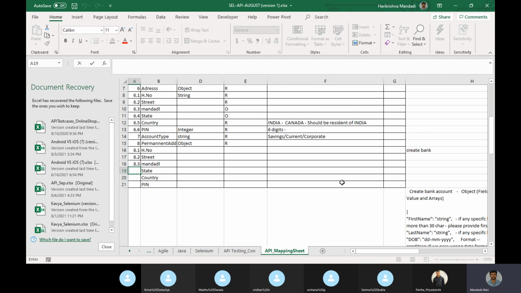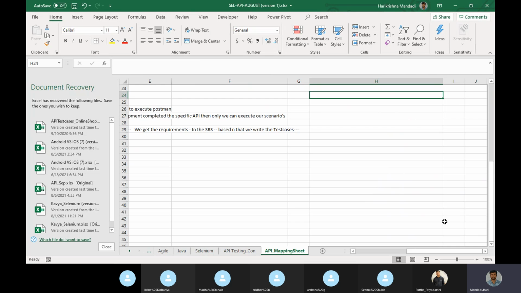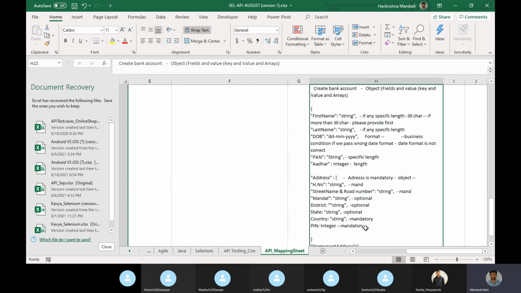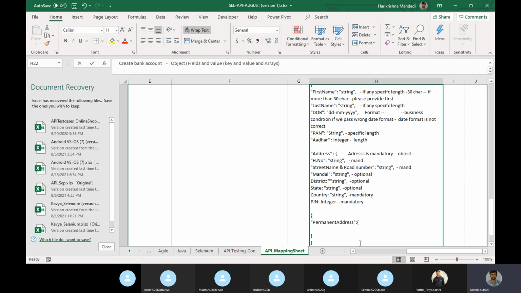That's it. Suppose you may get one more thing inside, again inside permanent address. If you have some more things, like an array, it may or may not have.